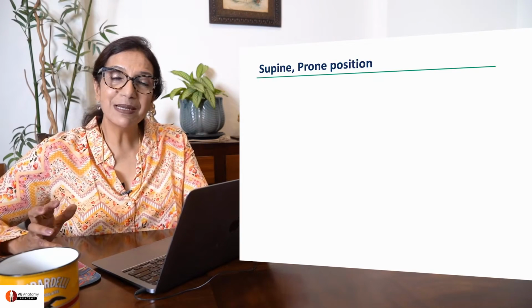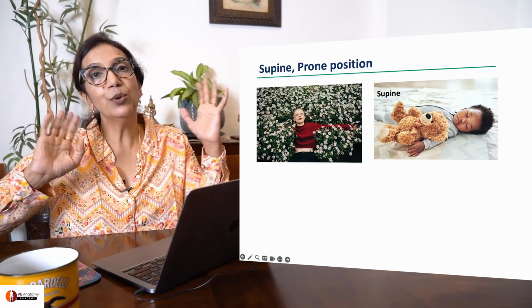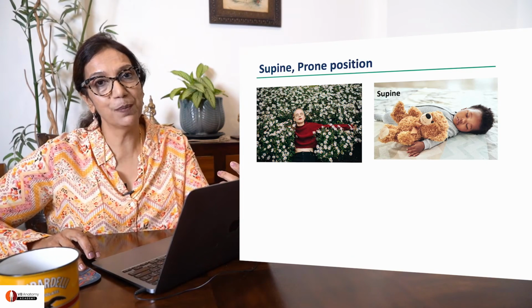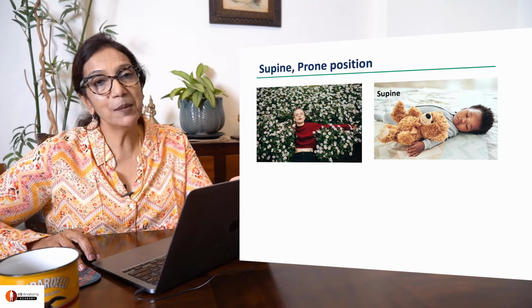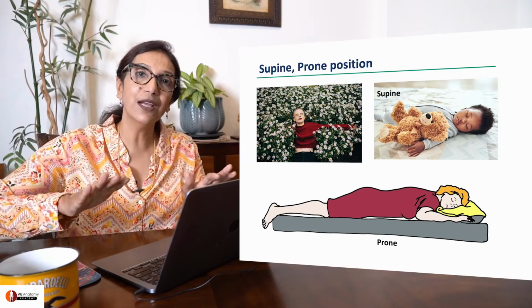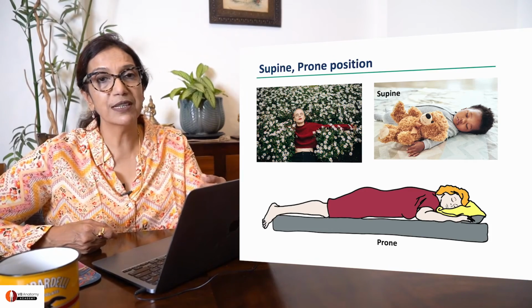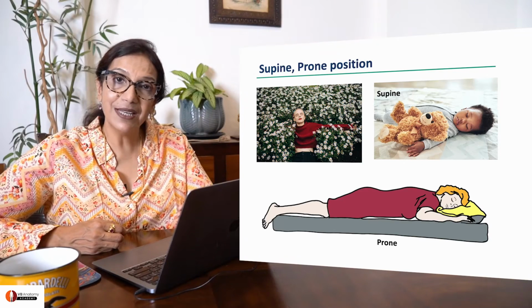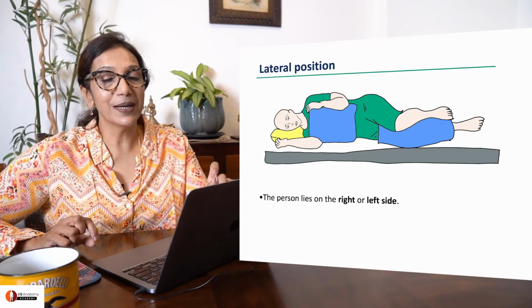So let's talk about some simple terms, supine and prone. I'm sure you know what is supine. Supine is when you lie down on your back. See the sweet little baby lying on his back? Lady lying on her back, that's supine. So many times when your patient comes into the OPD and is very ill, he may come in a supine position, right? Versus a prone position is when the patient is lying on the front part of his or her body. Some patients sleep in this position. Some patients have to lie in this position because they may have a back injury. There's so many reasons for a patient to lie in prone position. So these are terms you need to understand.